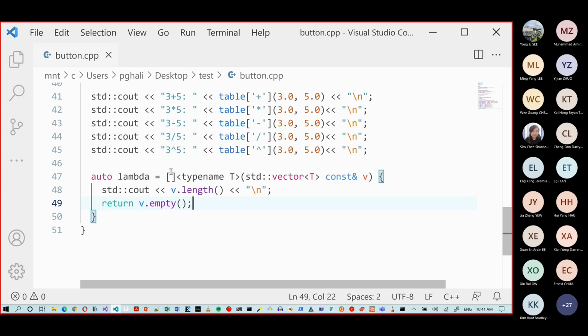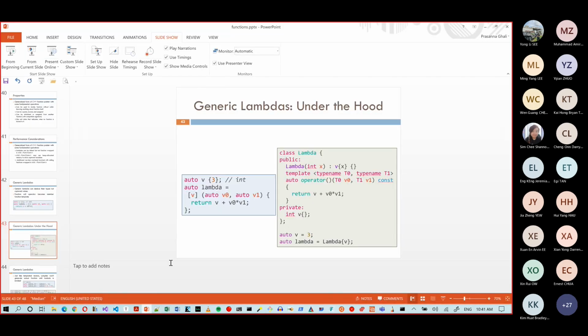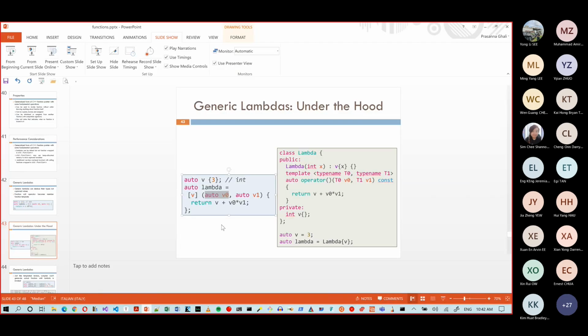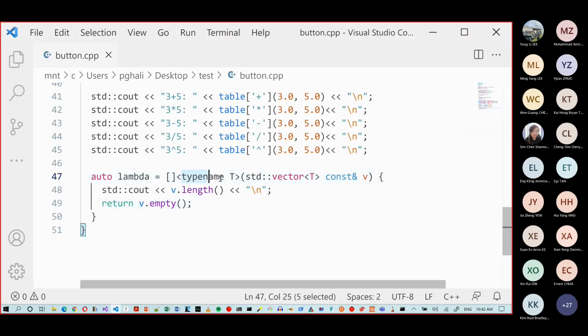Okay. So the problem with what you saw here with the 17 model is that if you assume that, let's say there's only one parameter, and if you assume that, well, generally it should be a container type that implements this particular policy, right? Of having a member function length and a member function empty. Then there could be lots of compile time errors because the lambda is being supplied parameters that are not container type. So in 20, they fixed that particular problem by allowing you to explicitly specify, hey, I want, right, my,